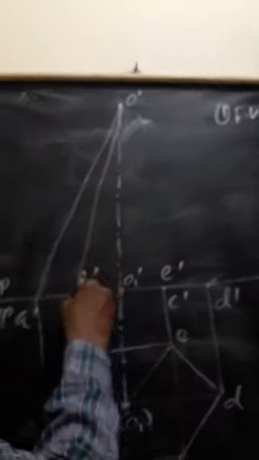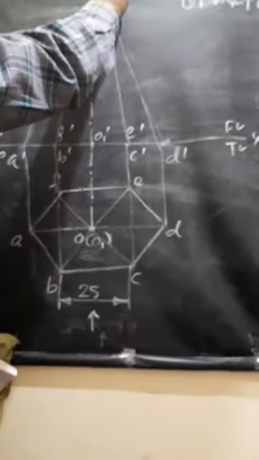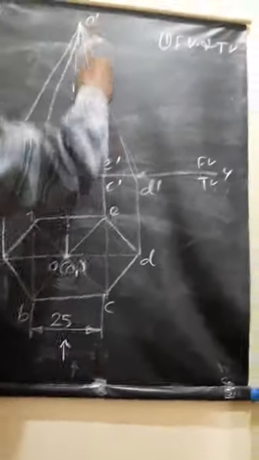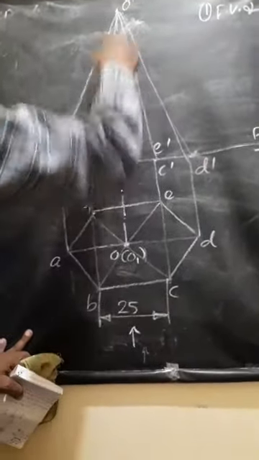Then join OA, OB, OC in order first with a light, thin line. Join all these. These are the slant edges. OA, OB, OC, these are the slant edges in the front view. All these are slant edges. OA is a slant edge in the front view. OA here is a slant edge in the top view. Same with OB slant edge, OC slant edge, OD slant edge, OE slant edge, OF slant edge.